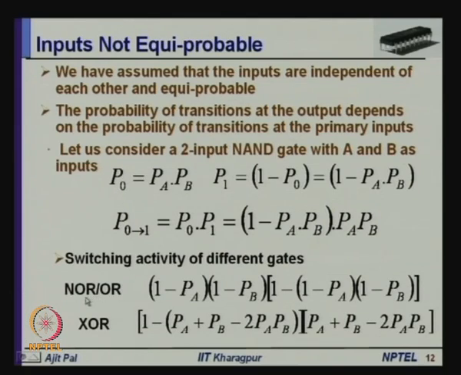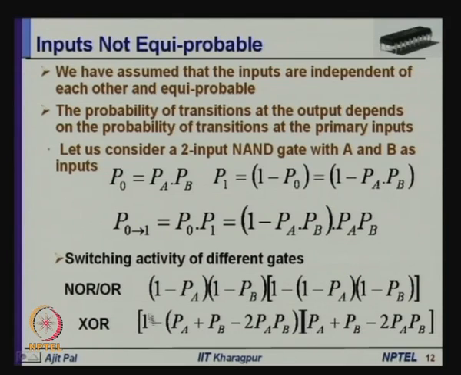And similarly, the switching activity of a NOR gate we can find out. For a NOR gate it will be equal to 1 minus PA into 1 minus PB, probability of transitions to 0 and probability of transitions to 1, and you can multiply it. NOR gate, this is the situation. For an XOR gate, it will be equal to 1 minus PA plus PB minus 2 PAPB into PA plus PB minus 2 PAPB. So, we find it is a little complex whenever we take into account the probability of transitions for different inputs